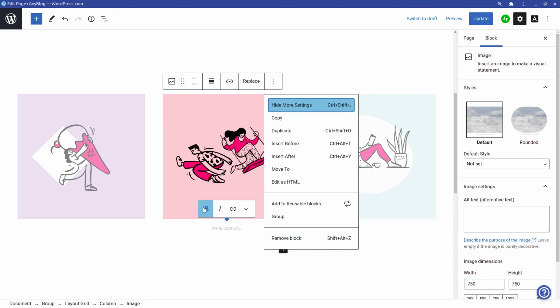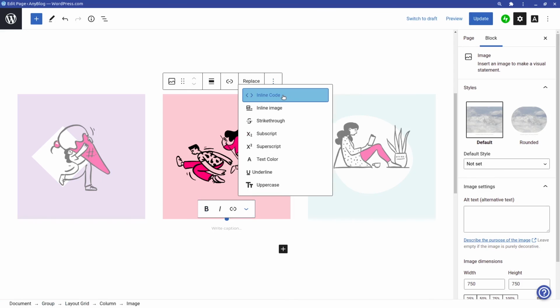So in here you can have the bold, you can have the italic, you can have the hyperlink. And then here you have all these: inline code, inline image, strikethrough, subscript, superscript, text color, underline, and uppercase. Most of this is what you're going to have in your Microsoft document or Google document and so on. Right? This inline code is usually in markdown.